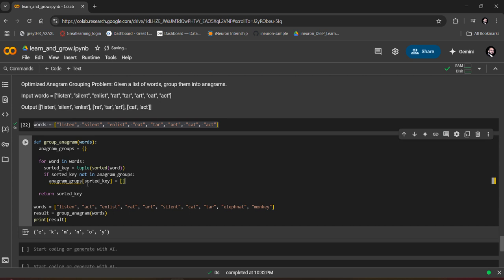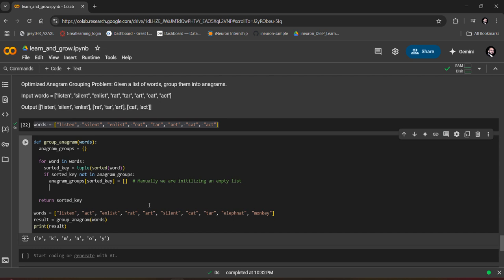Okay, spelling mistake. And I am initializing manually. We are initializing here an empty list. So just for the sake of understanding, I am writing it down. Manually, we are initializing an empty list. Now, if this sorted key, whatever sorted key we are having, is not in anagram groups, then it will create an empty list. Okay, and if it is available,